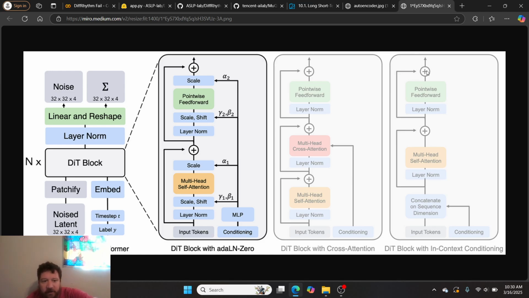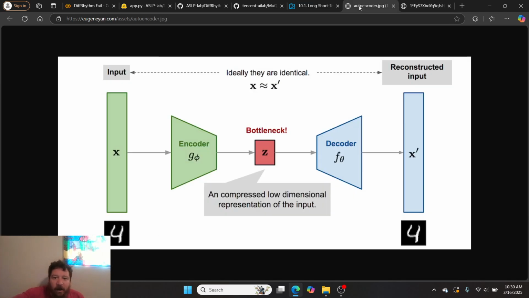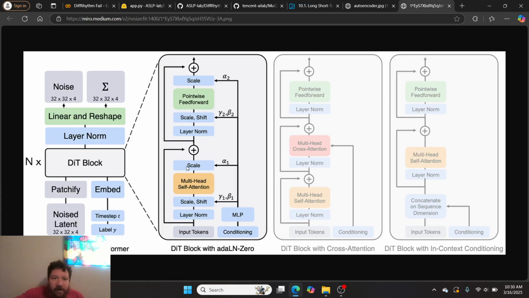So see this DiT block? This is inside of one element of the DiT block. And then within the DiT block, you have more around this diffusion layer, right? You have the multi-head attention mechanisms, you have softmax, like everything that goes into a typical transformer model and transformer